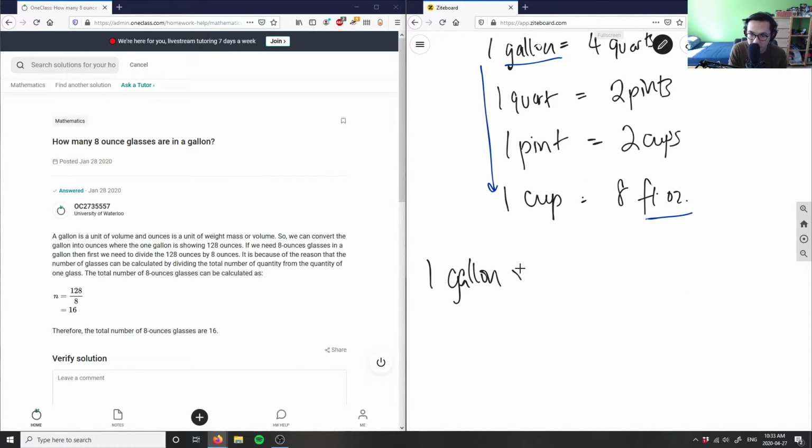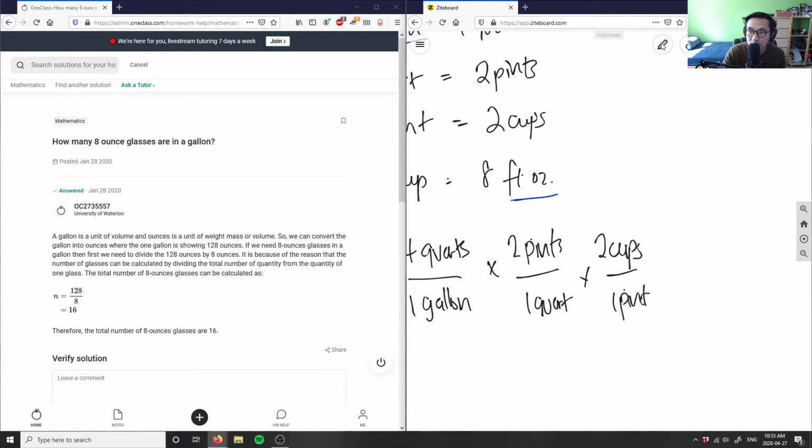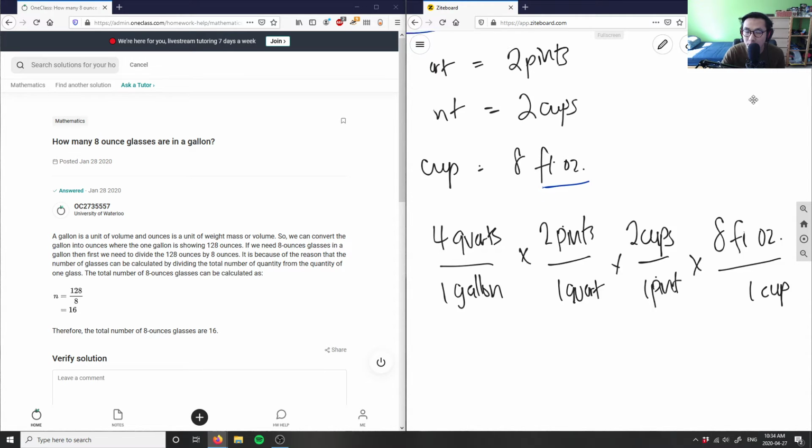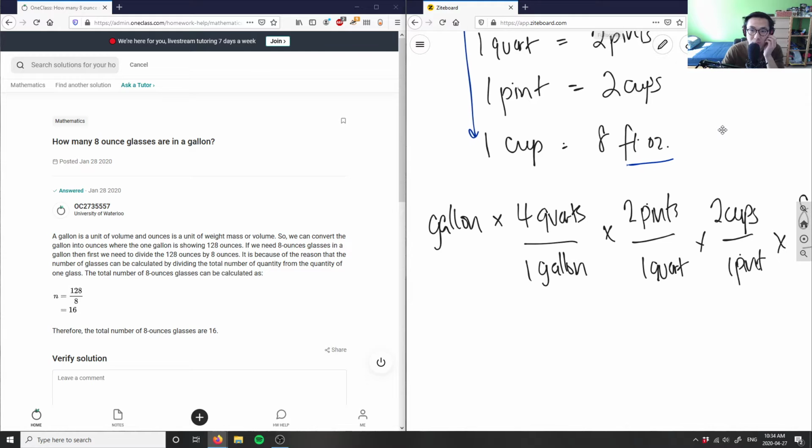So let's say 1 gallon here, I know it equals 4 quarts, right? There's 4 quarts here divided by 1 gallon. I know there's 4 quarts in a gallon. There are 2 pints in 1 quart. There are also 2 cups in a pint. And finally, we have 8 fluid ounces in 1 cup, right? So this is our analysis to solve for how many fluid ounces there are in a gallon. In order for us to do that, we basically have to multiply all the way through,